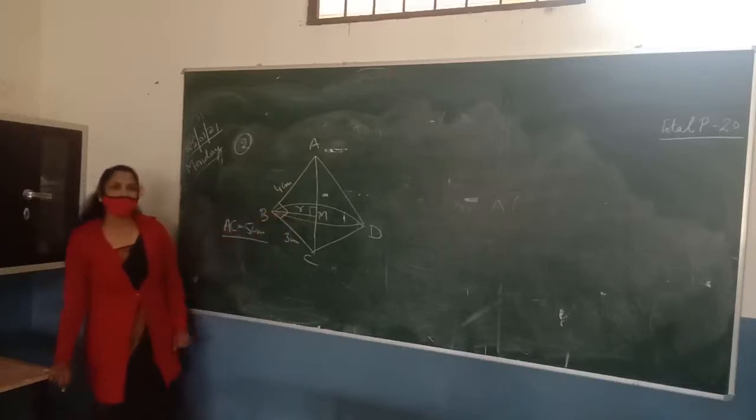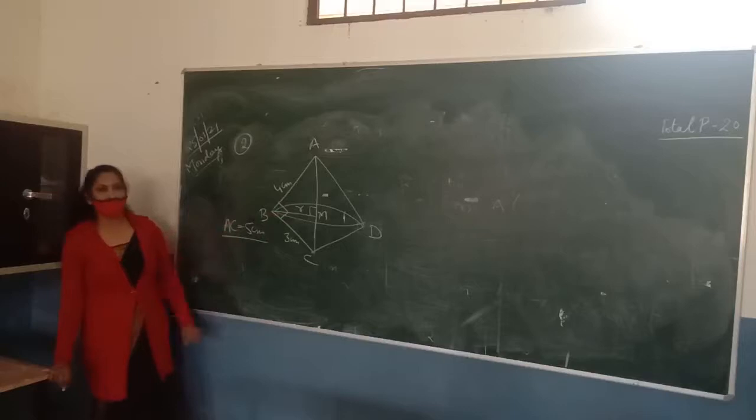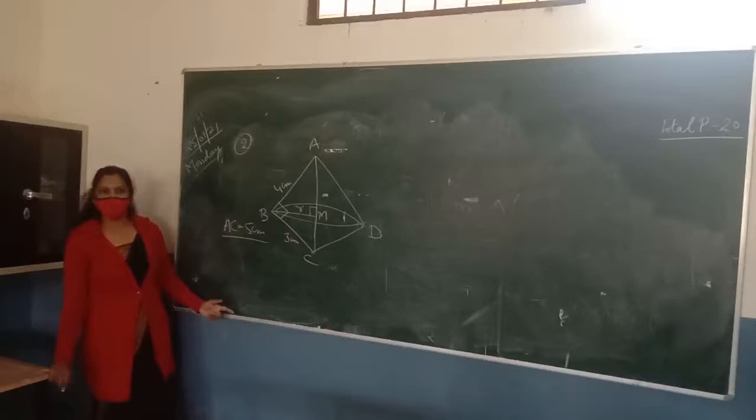So can you tell me what are the conditions by which we can prove that ABC is similar to AMB? Angle A common. Common? We are not going to prove congruence, we have to prove similarity. You know the triangle chapter or not? Have you done this chapter? What are the conditions for similarity? Angle, angle, and SAS, SSS. This is not congruency, this is similarity. I think you don't know about the chapter triangle.